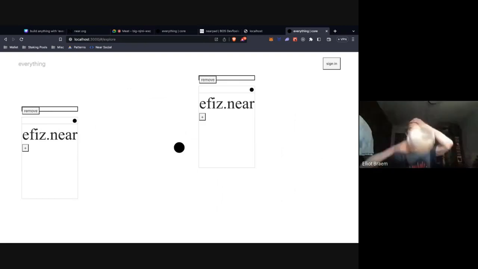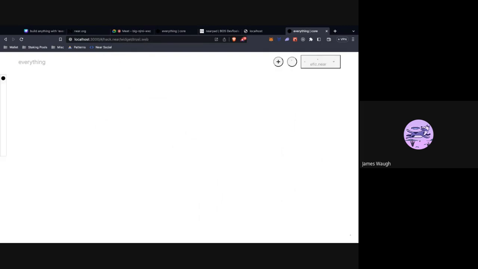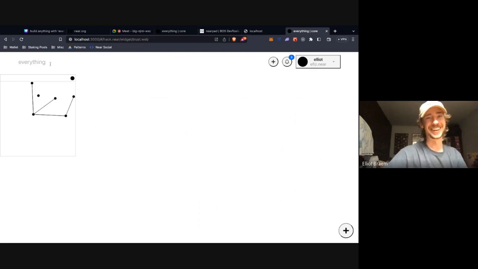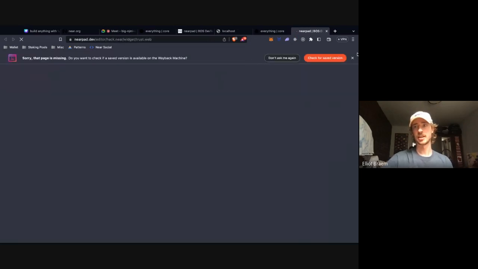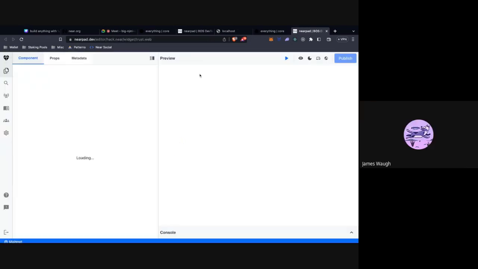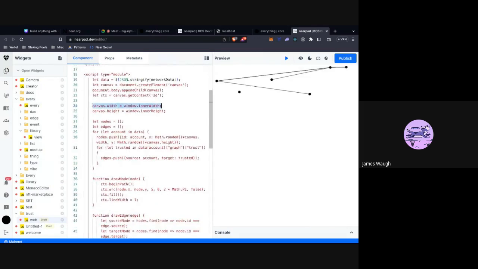Oh wait, you made one, didn't you? It's a trust.web. Oh, actually, it does work. Okay, so, you can't drag it, but yeah, this is populating on the canvas inside of an iframe like this, right? Mm-hmm. So it's kind of like using the bridge, but it doesn't talk to another app.